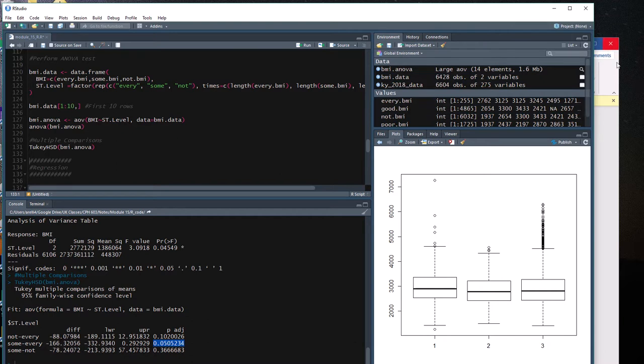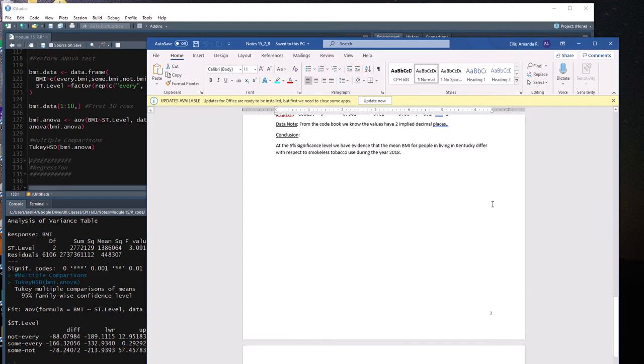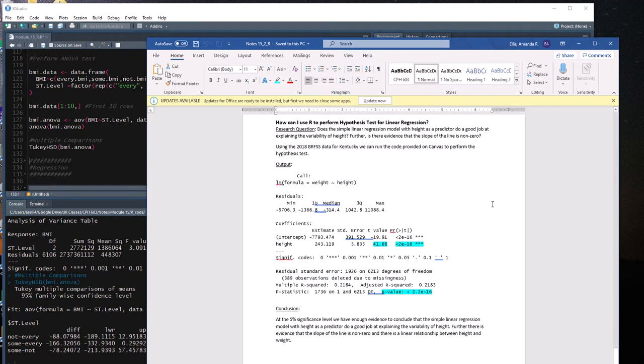All right. Last thing we're going to do is we're going to look at the regression hypothesis. And what you're again going to see is the code is pretty much the exact same code that we ran when we fit the linear regression earlier in the course. So this time we're going to look at the relationship between height as a predictor